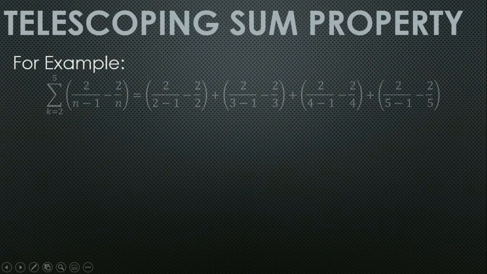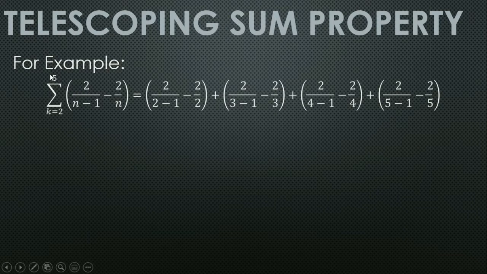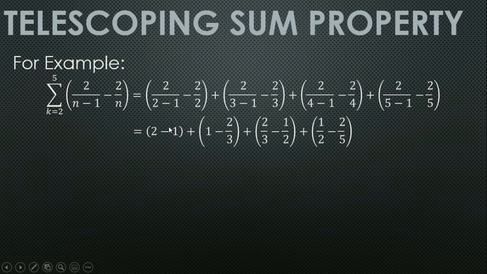So, for example, the summation of 2 all over n minus 1 minus 2 all over n from 2 to 5 is an example of a telescoping sum. So, paano ba malalaman? After substituting the values 2, 3, 4, and 5, ito yung lumabas: 2 over 1 minus 2 thirds plus 2 over 3 minus 1 half plus 1 half minus 2 over 5. So, if we try to remove the